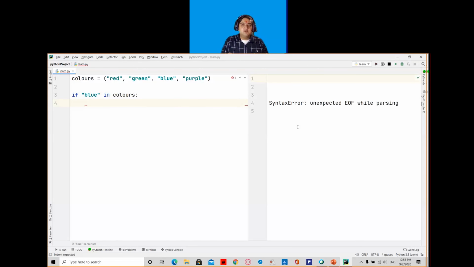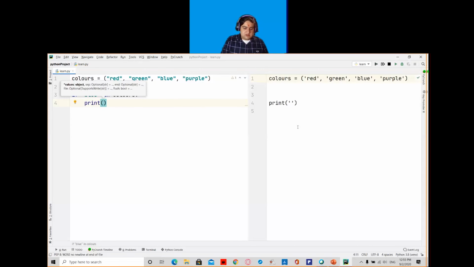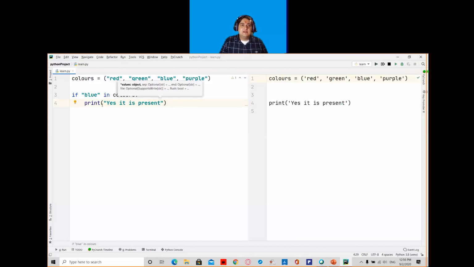If this statement becomes true, it will print "yes, it is present." You can write anything inside the double quotes. If this statement becomes false, it will print nothing because I am not giving an else statement here. For this purpose only, I am writing if blue in colors. If this statement becomes true, it will print this statement. So if I run this program,